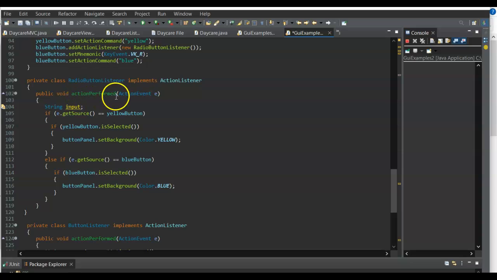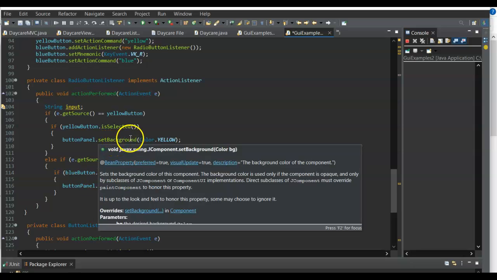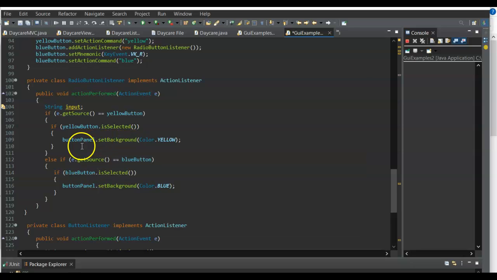So for the radio buttons, I have a radio button listener, and then you have the actionPerformed method. And that way, when you say that the button is selected, it will change the color. This is also an example of how to change colors in a widget. You would just type in the component and then setBackground and then the color. And that's how you show that.